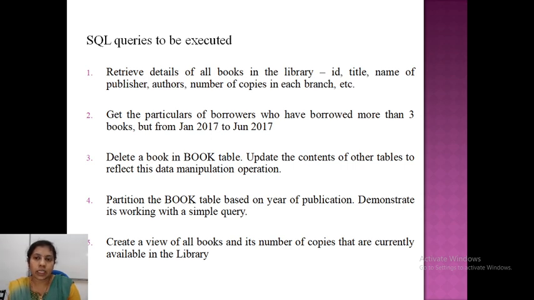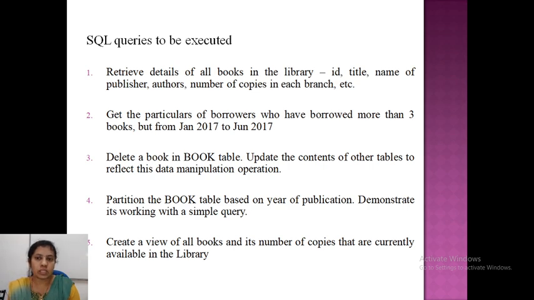Okay, and then one more condition they have mentioned, that is the book is borrowed from Jan 2017 to June 2017. So that's the interval they have mentioned. So if there is an interval, and you are putting a condition using an interval, then you can use keywords or operators like between and.